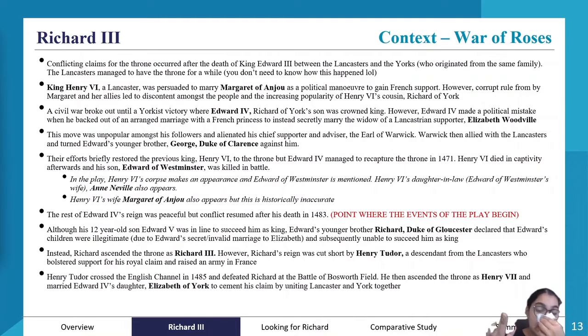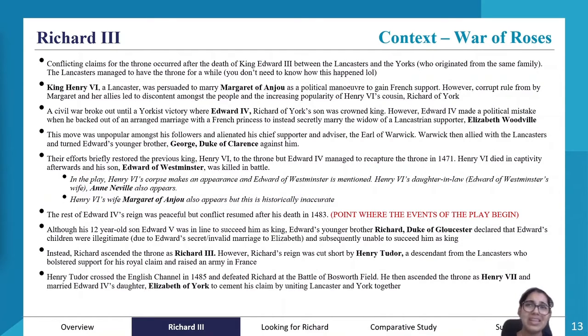And so Richard became Richard III, but his reign was cut short by Henry Tudor, who was a descendant of the Lancastrians. He had royal support and had raised an army in France, and he crossed the English Channel, defeated Richard in the Battle of Bosworth Field, and then became King Henry VII. He married Edward IV's daughter, Princess Elizabeth of York, and that way he united